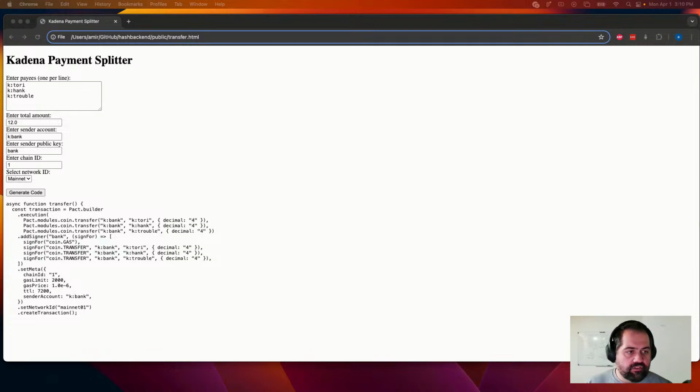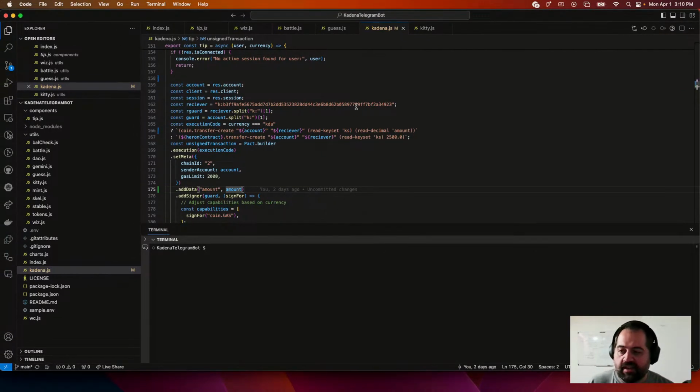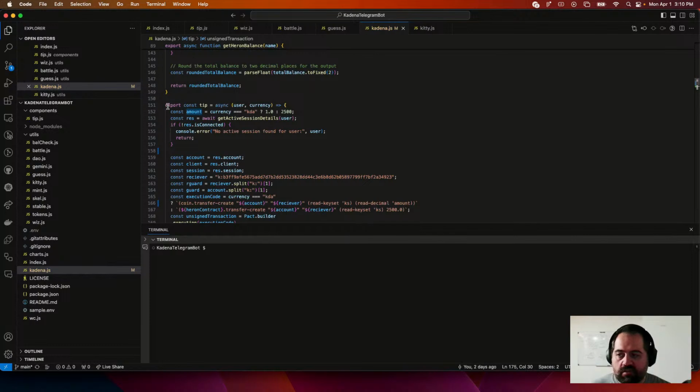Okay, so we have a worker bot. All right. So we would take that code. We would build. So this is a tip which uses a transfer. A little more confusing because it's going to say if KDA, then this. Otherwise, we're going to default to this. And this should actually be